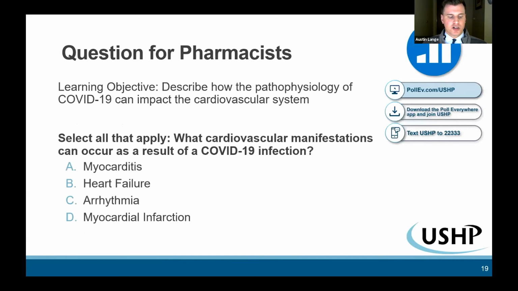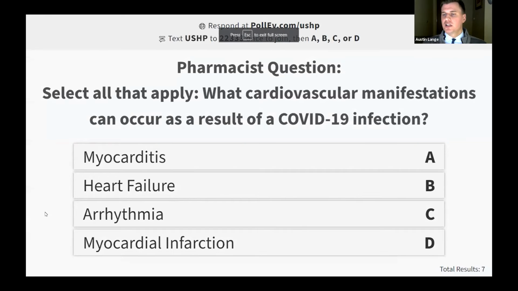And that leads us to our first question via Poll Everywhere. So I pulled that up here. It's a select all that apply question. What cardiovascular manifestations can occur as a result of COVID-19 infection? So we have myocarditis, heart failure, arrhythmia, and myocardial infarction. And as a reminder, it is a select all that apply question, and I'll give you a few seconds